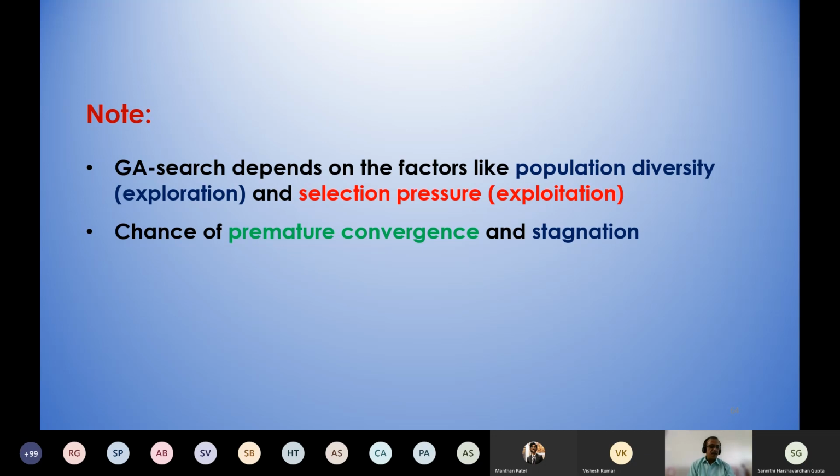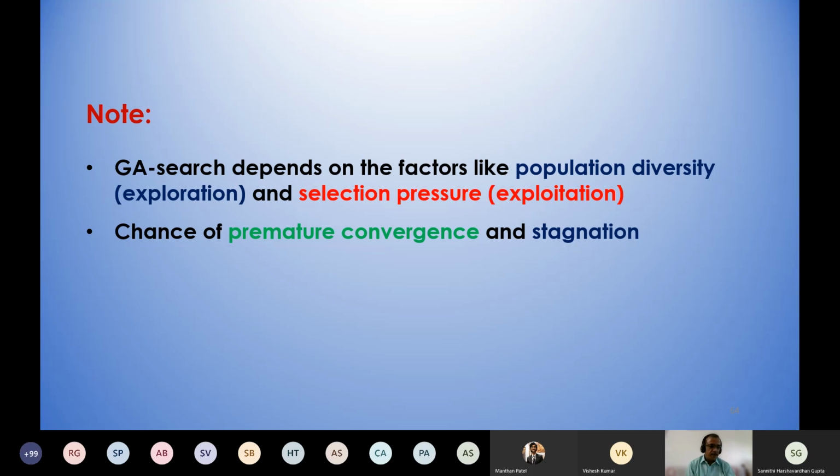The probability value for the second solution is 0.1. The probability value for the third solution is 0.3. And the probability value for the fourth solution is 0.2. The sum of all the probability values will become equal to 1.0.